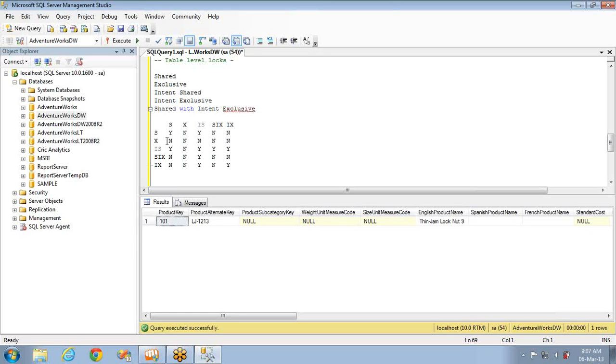Now this is about the different types of locks or lock modes we have discussed, and the next thing is lock granularity. So we have a lock granularity